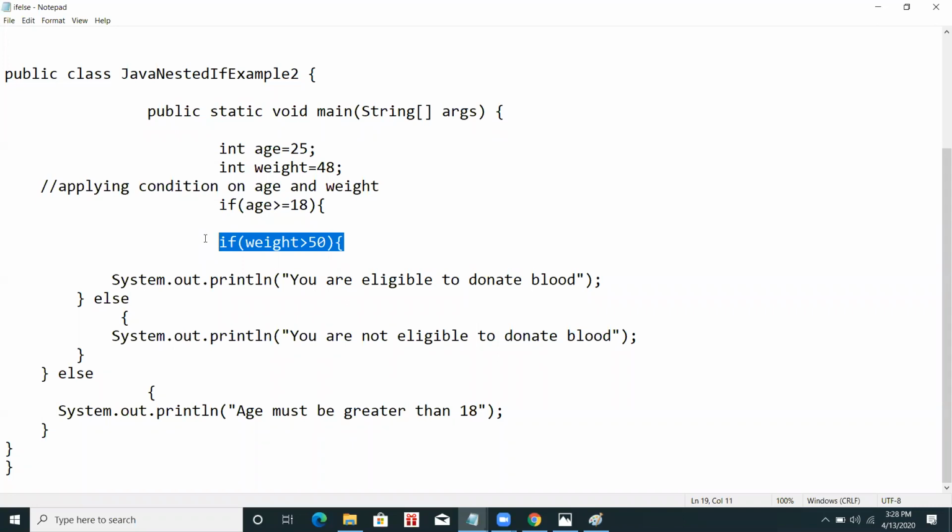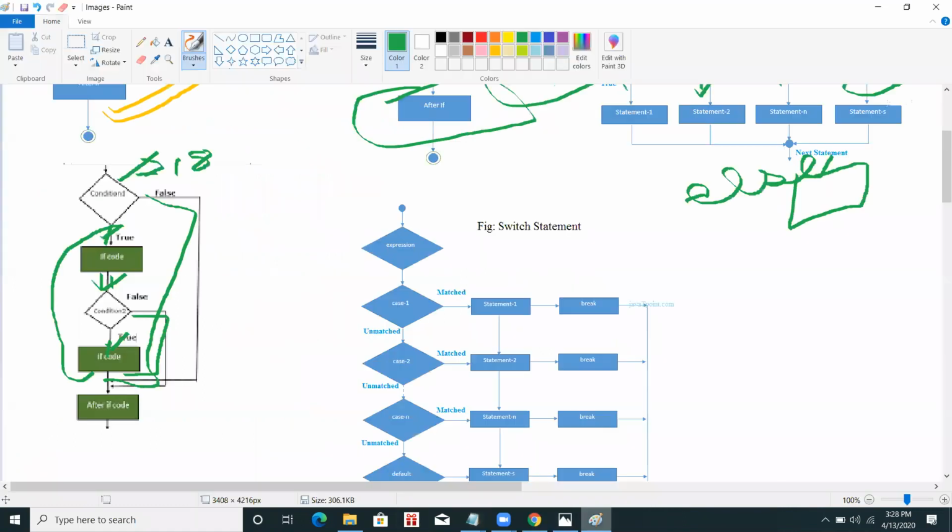Now suppose we have a condition where we have to write "Java is better" 100 times.